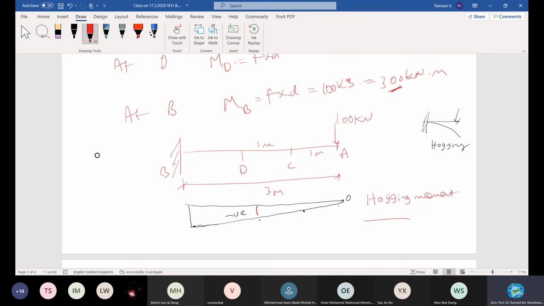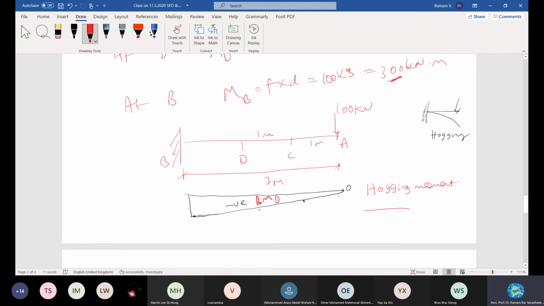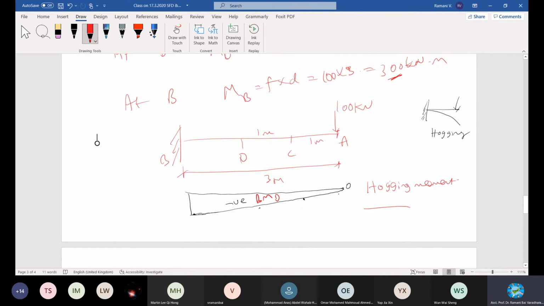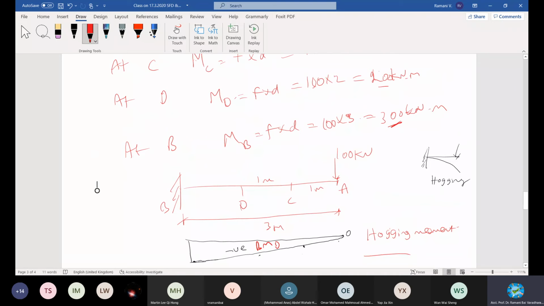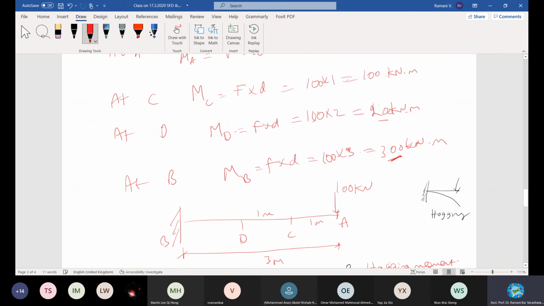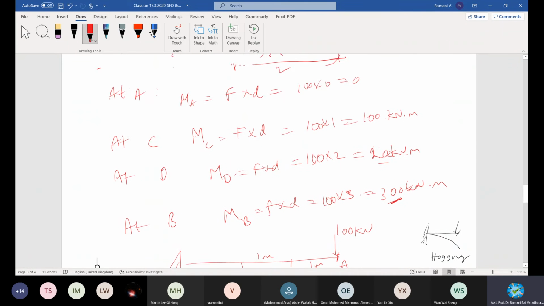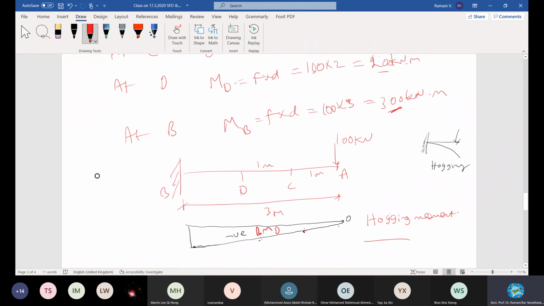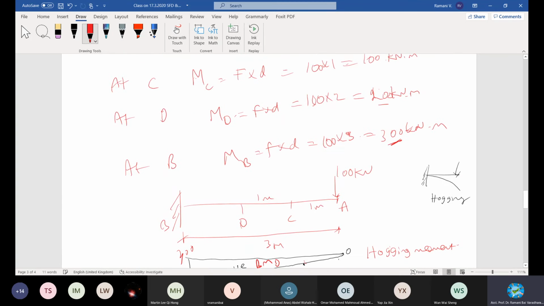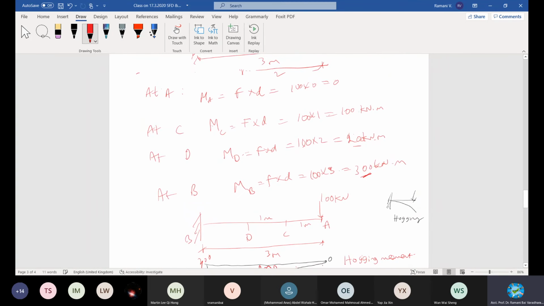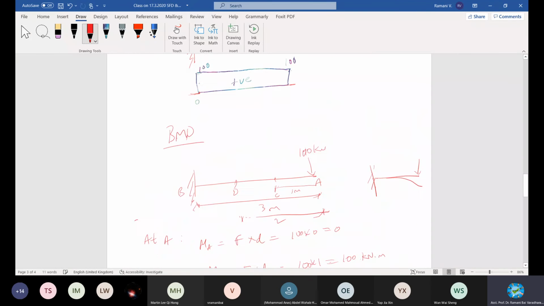For the bending moment diagram, BMD, we follow the reverse sign convention, which is negative. So I plot above the axis the value of 300. We have to plot part by part, like what is the value here. That's why it's written here. Starting from 0 at A, growing 100, 200 and reaching 300 at this point, negative. With that we can solve for the shear force and bending moment diagrams.